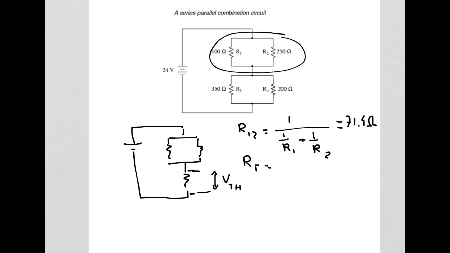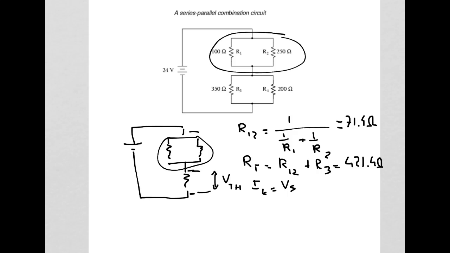Then once you know R1,2, I can calculate RT. RT is R1,2 plus R3, okay? So the first two are in parallel, and then the parallel group here is in series with R3. So that gave you 421.4 ohms. And once you know RT, you can calculate IT, which is VS